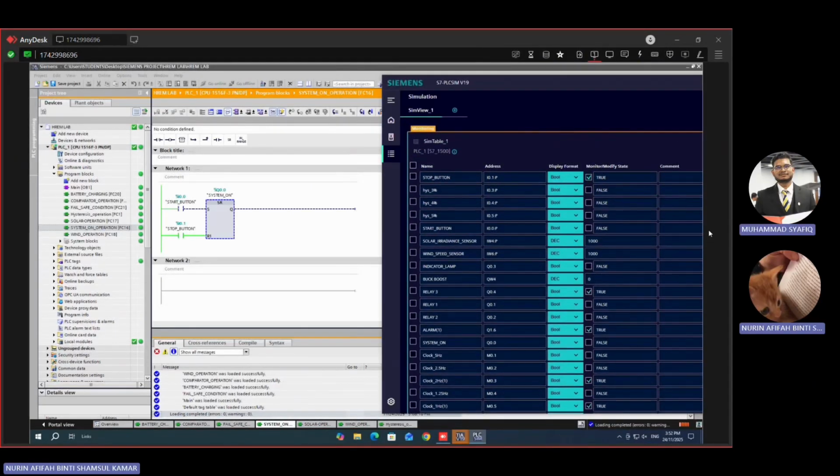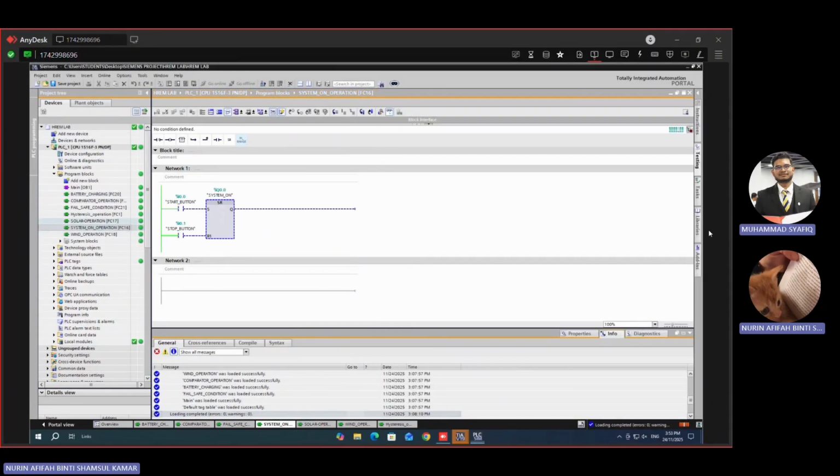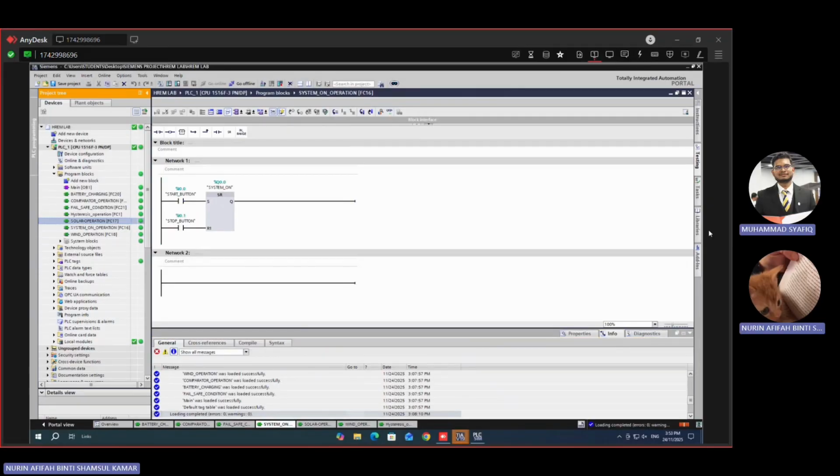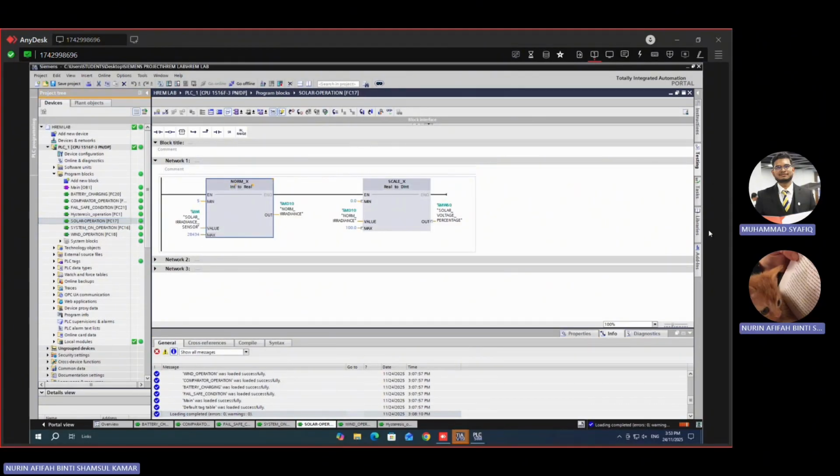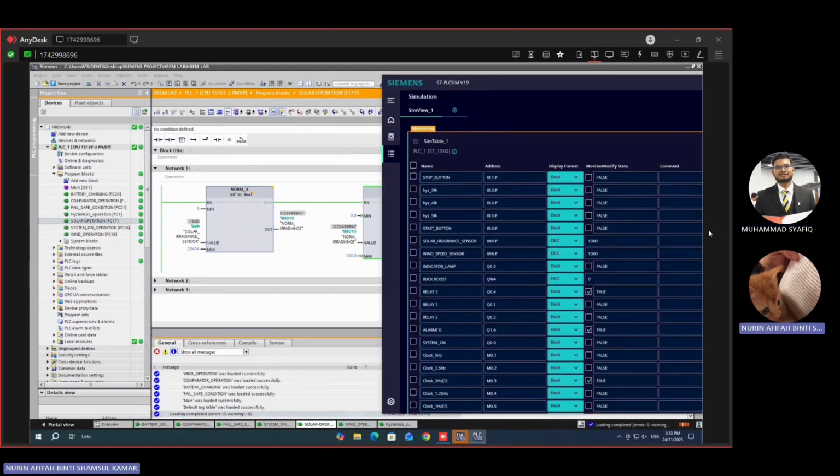So the purpose of system on is that this block basically acts as the master power control for our whole system, because every system will start with system on. And next is for solar. Firstly, we need to stop, and then I will start with solar operation. So for solar operation, here is the value, so by inputting the value here,